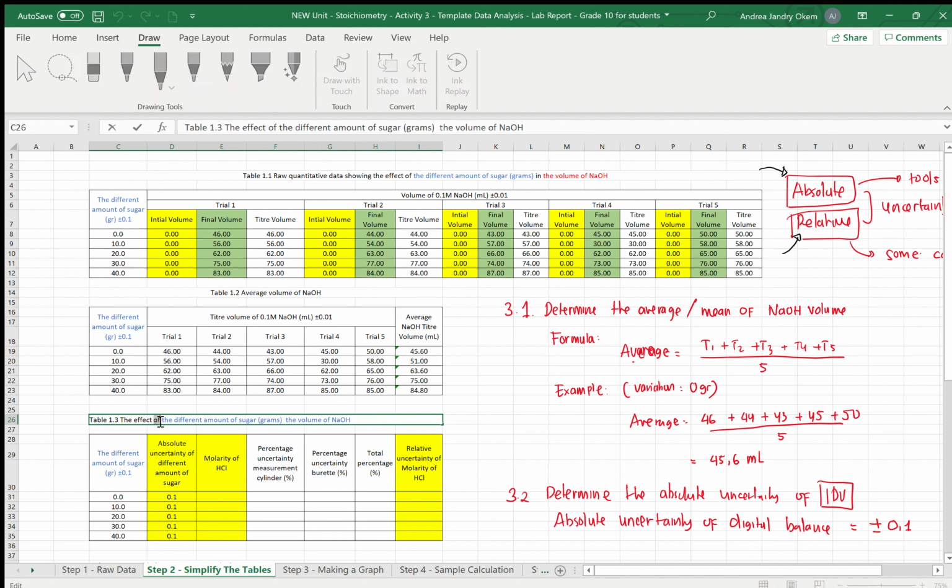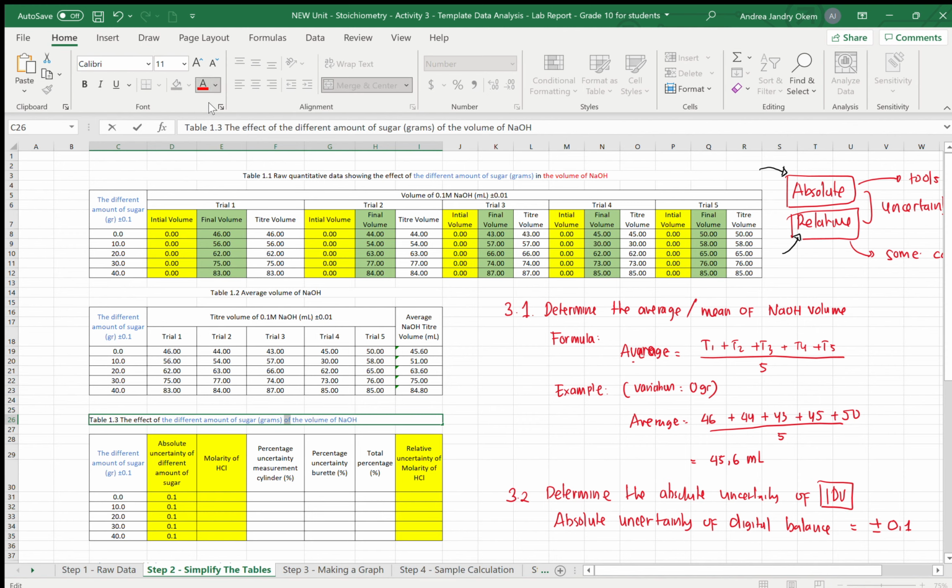So we need to use the actual, the final dependent variable, which is the vitamin C concentration.